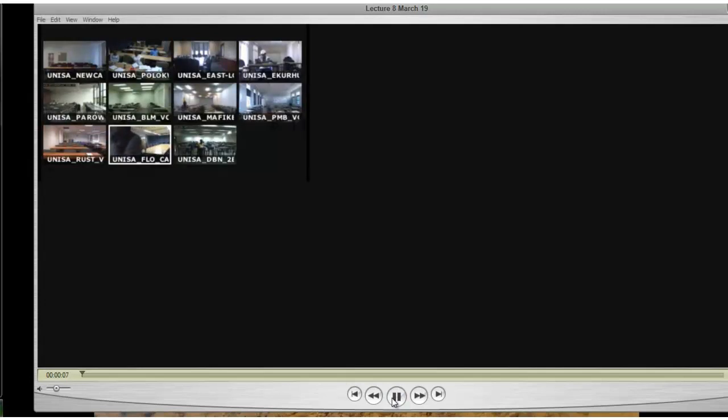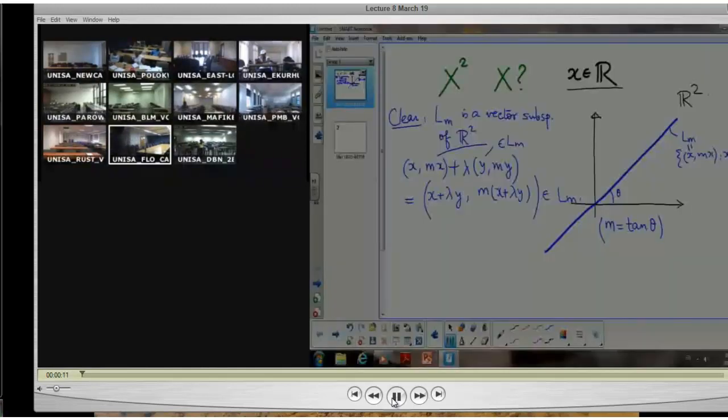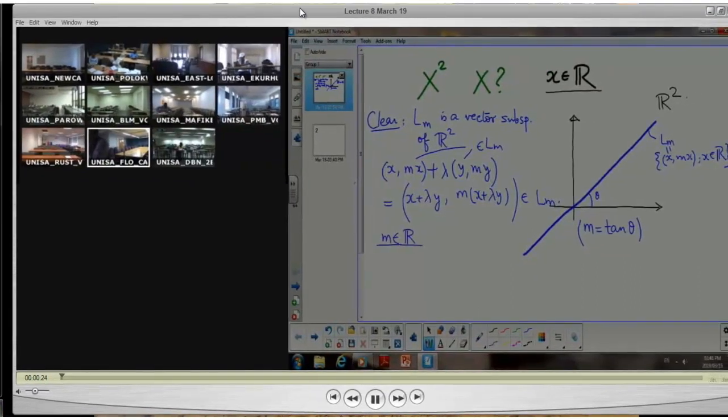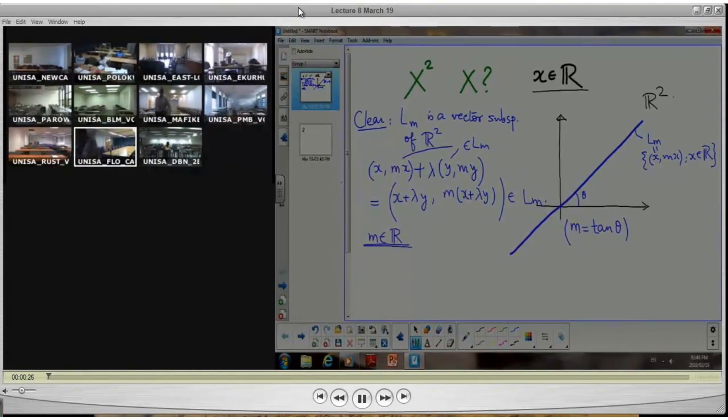And therefore L_m is a vector subspace. Okay? This is true for each m in the reals. What is important is, so this tells us